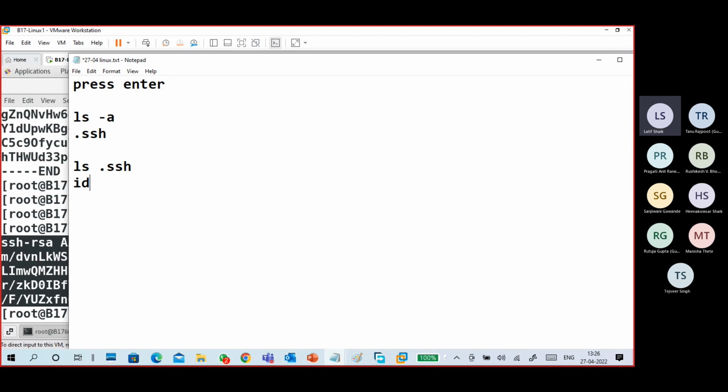You can see id_rsa and id_rsa.pub. .pub is the public key, and the file with no .pub is the private key. There are two more files that will be created. One is known_hosts, which is connection related. We won't go into that now. This time I simply want to tell you: